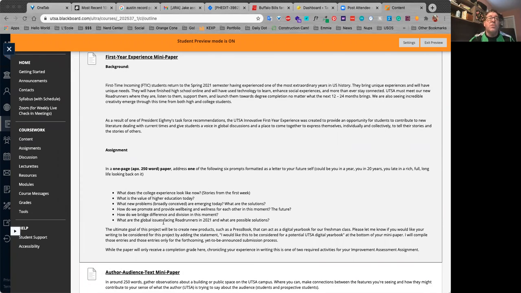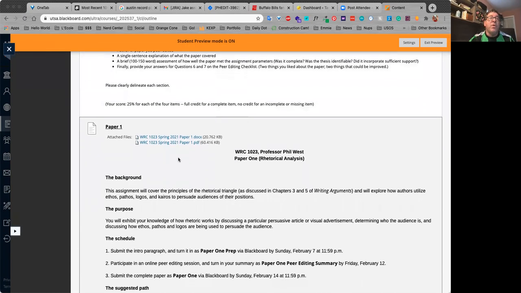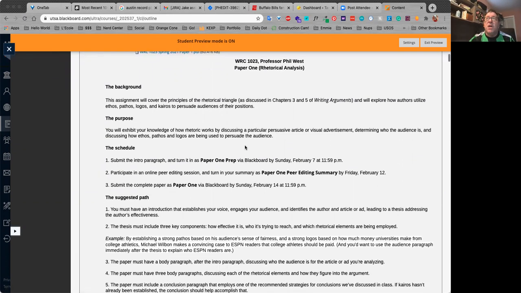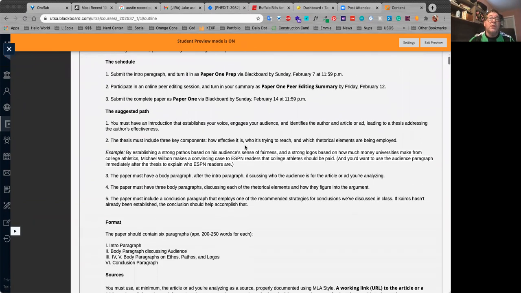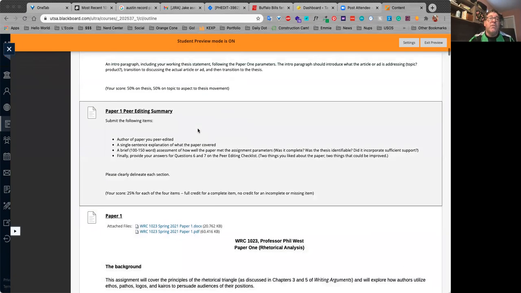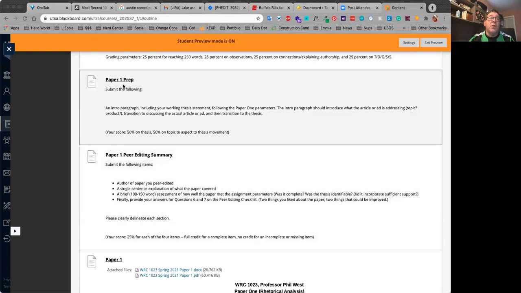Generally for shorter papers, they're going to be like that. For big papers, like paper one, for example, I've got a Word and a PDF version of what's in here. Last semester, Blackboard was pretty terrible about letting us cut and paste information. This semester, they've made upgrades and it's much better, so you are going to see it here as well. Again, the prep, the peer editing, stuff that you're going to see here, there's details about that and when to turn those in. If you click onto the paper one prep, for example,